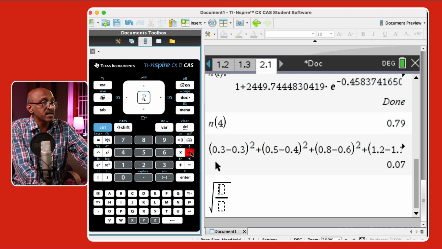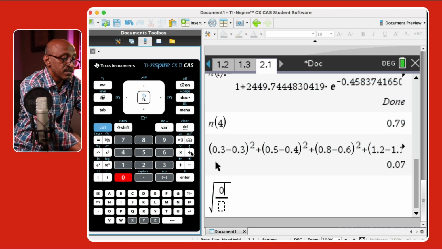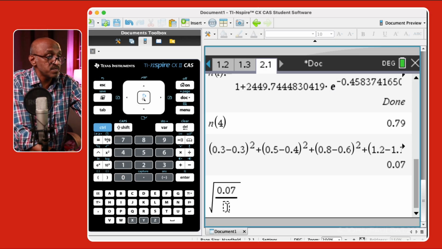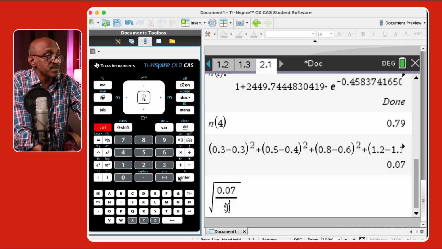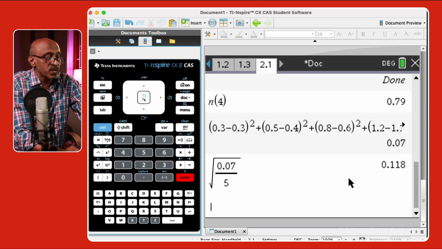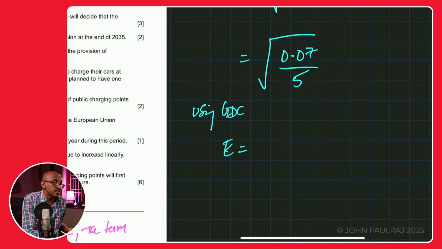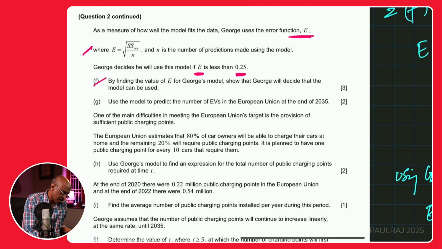All right, let me just jump back again. Just wanted to show, and you probably know by now, I'm not editing these mistakes. It's possible for anybody to make such kinds of errors. Okay, 0.118. 118, that's corrected to 3 SF. So I'm just going to come back and say that this is 0.118, and this is definitely less than the value that they're saying,